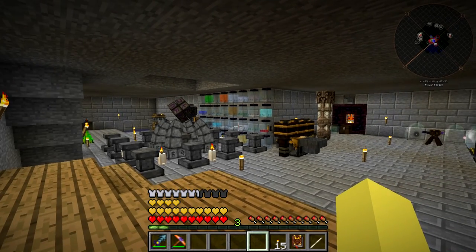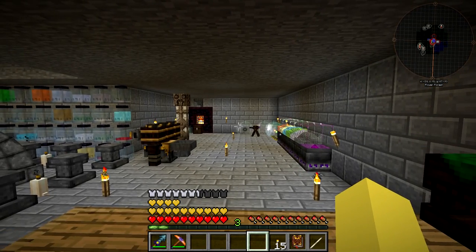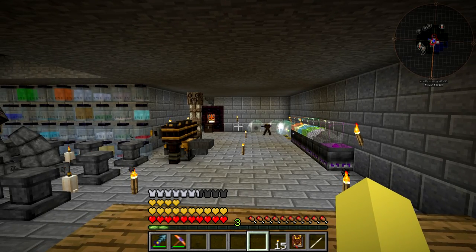So the Thaumostatic harness pretty much acts like a jetpack, except for Thaumcraft. So at the cost of some vis, you're going to be able to fly. It's 1 Ignis and 1 Aer, so it just requires that you have some of those in the area around you, and then the magic mirror is actually going to allow us to teleport items, whether it's between dimensions or